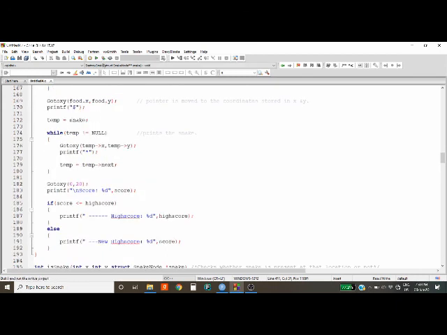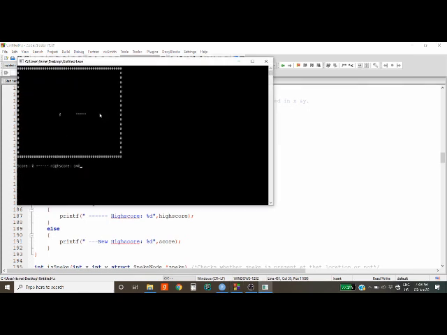Let me show you its output as well. As you can see, my snake is running well. And when it bites itself, everything gets stopped and we can